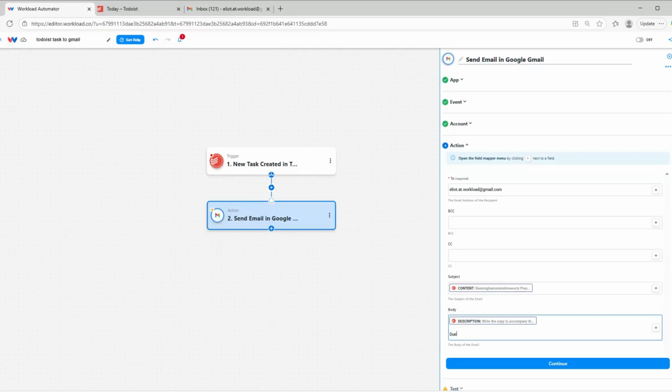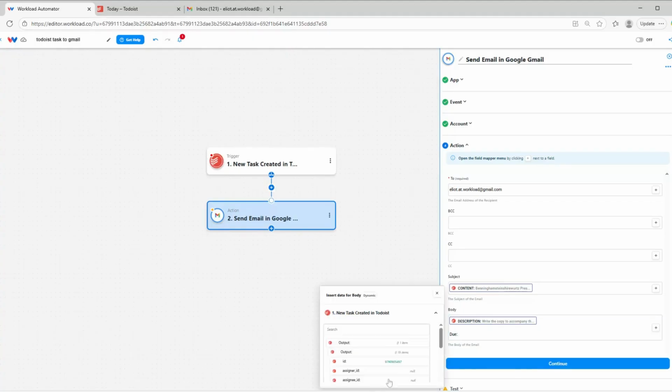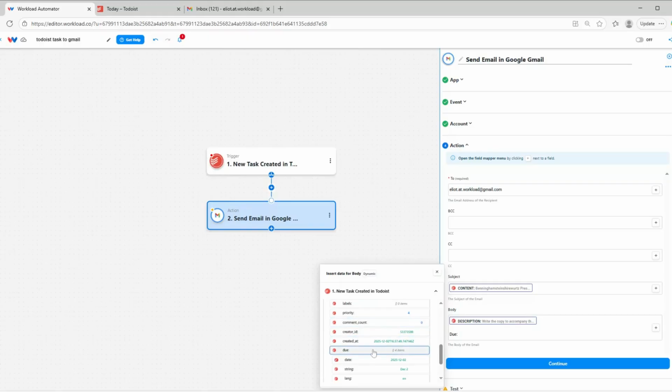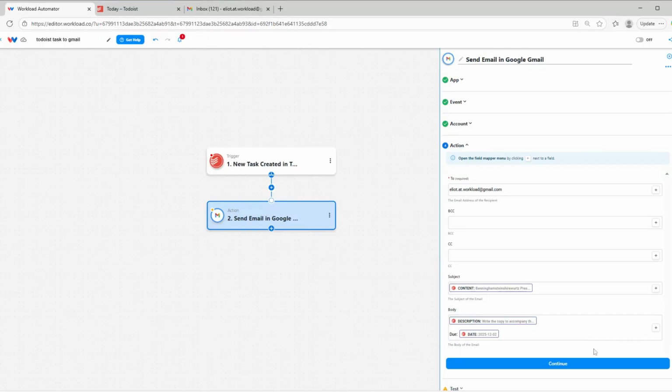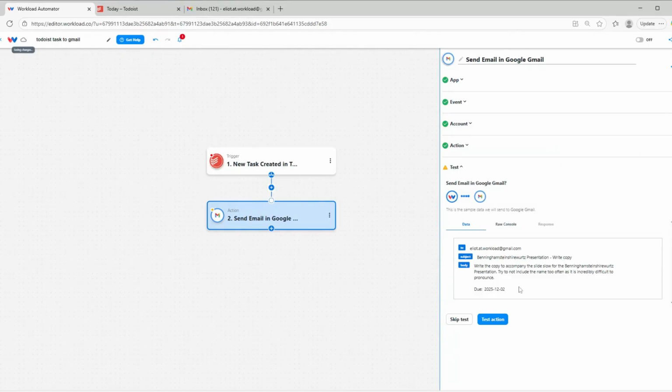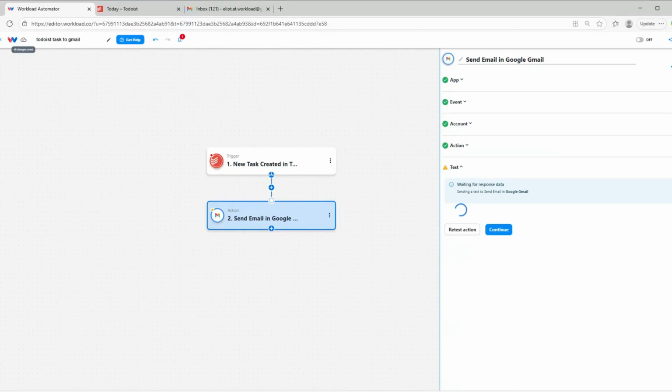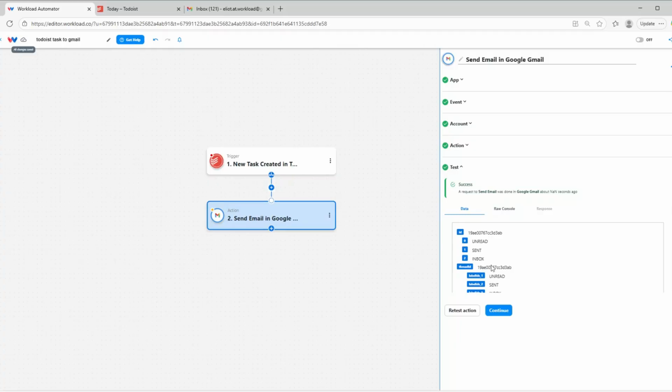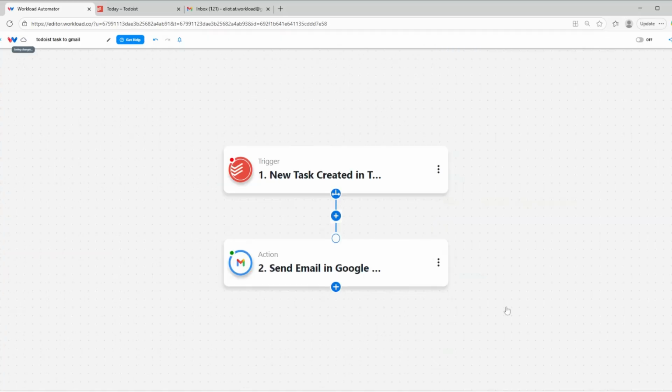I'm going to write the word do. And then I'm going to click the plus sign again. Come to my drop-down menu and find the date. Then I'm going to click continue and test the action. Looks like we have a success. I'll click continue here. I'm noticing that this node has a red dot here in our workflow, so I'm going